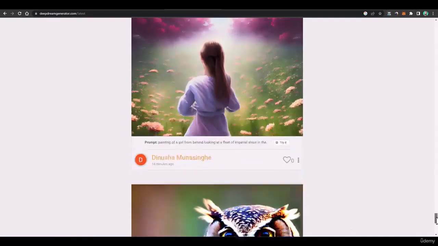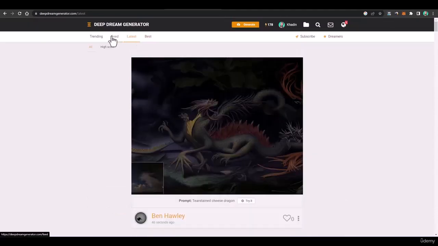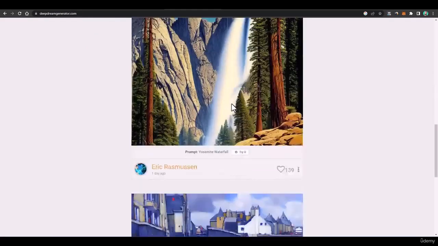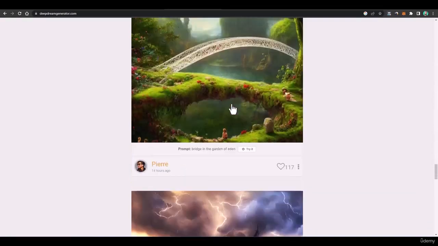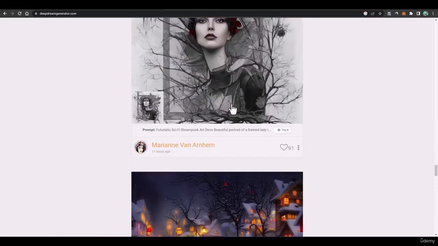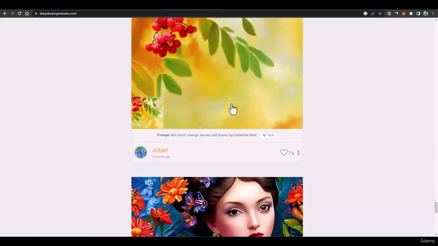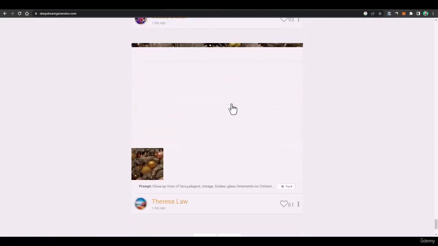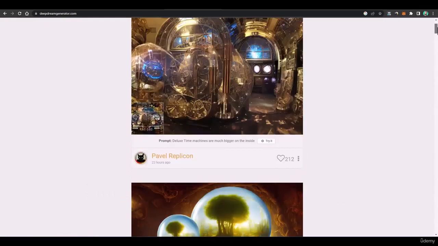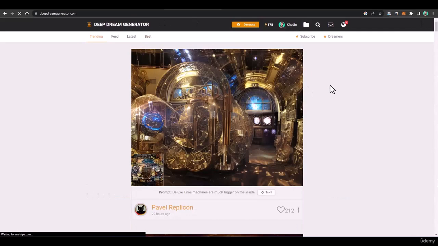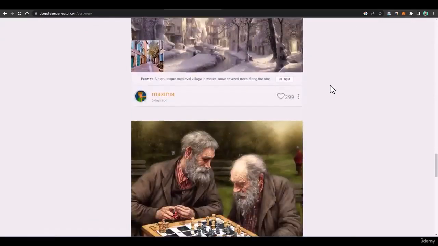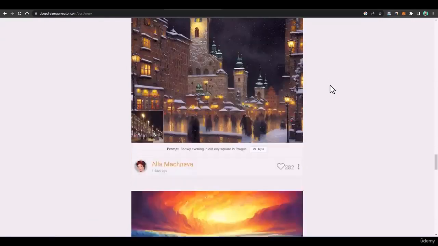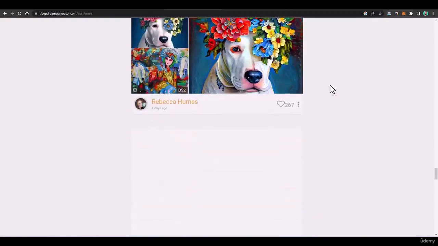I think we cannot find the images with deep style here, so we'll go to the trending ones, and here in trending we'll go below. We are basically looking for the images that use deep style, and I'll tell you how deep style works and how we can find it. Let's go to best. We cannot find it here, but here we'll be able to find it. I am sure that we'll find it here. So here you can see.